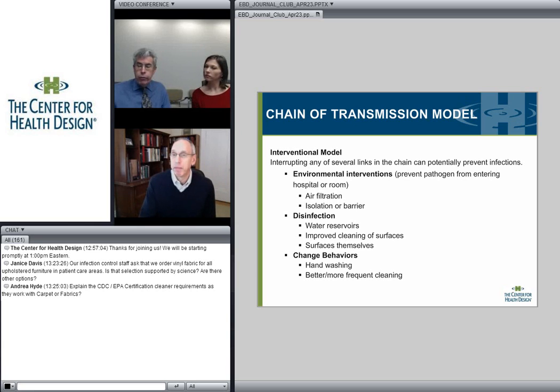Let me give the general answer to that, and then we can talk about it more specifically. So one thing is, as we talk about the chain of transmission model here, it's worthwhile separating out the notion of surfaces being colonized, which means that there's something on a surface, versus leading to infection. So if we look at carpeting, for example,